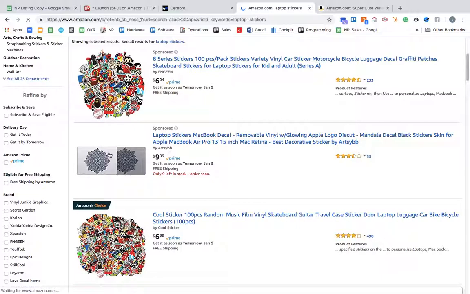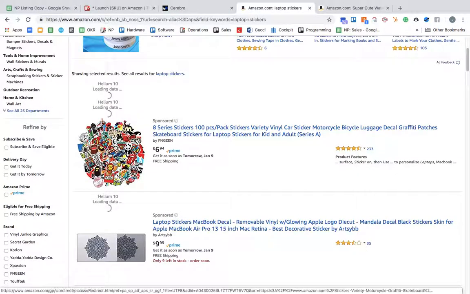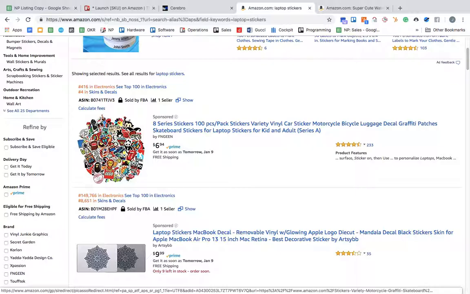Yeah, for example, sampling something that's not readable. Look at this. 8 series, 100 pieces, pack, stickers, variety, vinyl, car, sticker, motorbike, bicycle, luggage, decal, graffiti. That's like an ugly title, right? I mean, it doesn't look readable. It doesn't even look enticing. But they did that to stuff the keywords in. And yeah, like I mentioned, I haven't really measured how much that is worth. I know that Amazon is actually trying to de-rank products that are like this when it comes to their titles and bullet points. Uh, pero definitely you would suffer in terms of convincing people to buy your product out